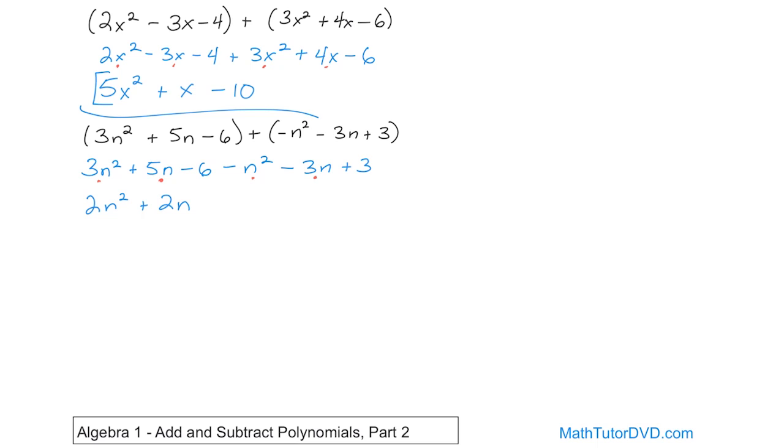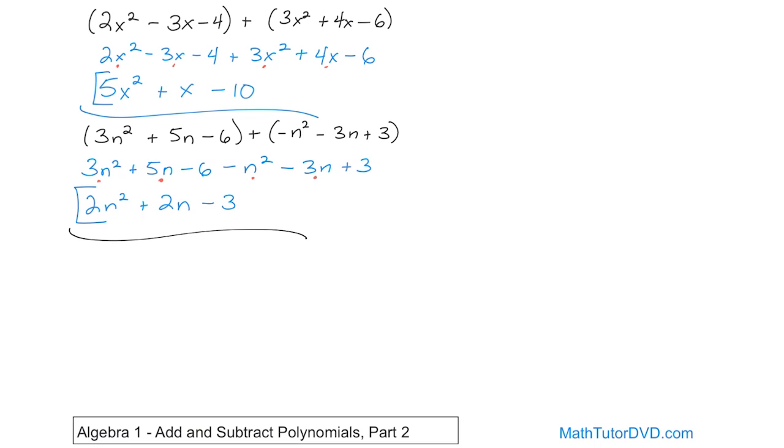We've done enough of this. You should know that that's now negative 3. All right, and that's the final answer, 2n squared plus 2n minus 3. Only difference is we just have square terms, or you might even have higher power terms. We'll get to a problem like that in a little bit. You're just hunting around for